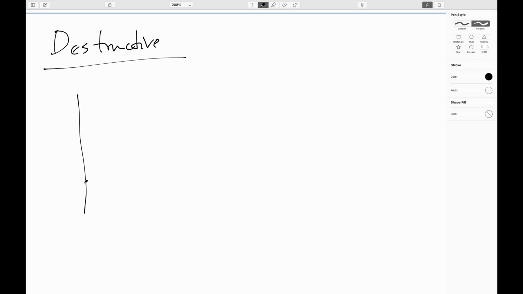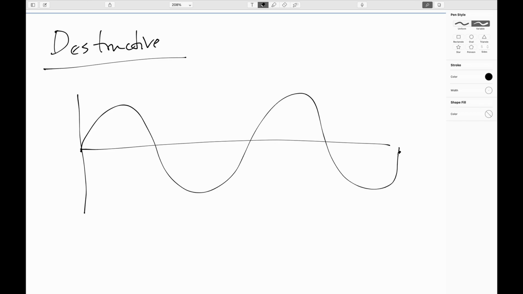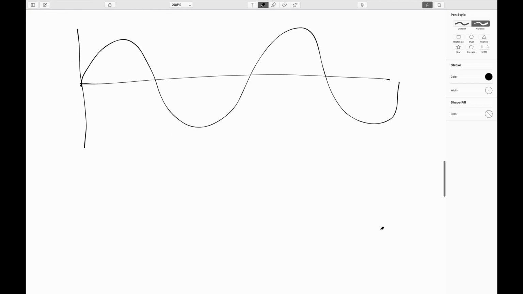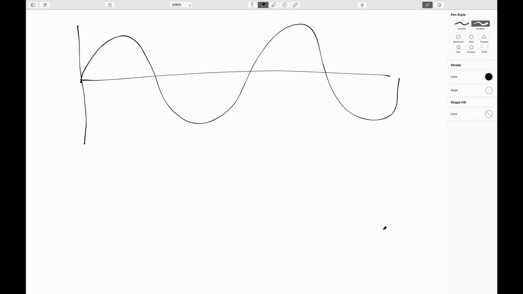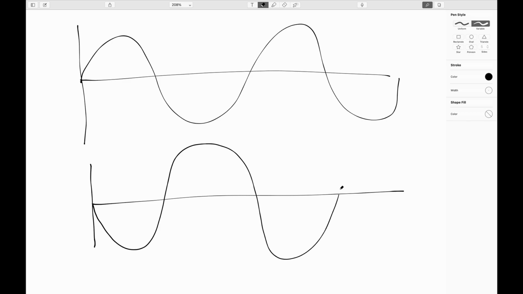So again, you'll come in, and there's your signal. Now what your noise canceling headphones will do, if you aren't listening to any music and you just have them turned on, is that a microphone listens to the sound outside, and it will generate a signal that is the exact upside down of the sound from the outside. So when you add those together,